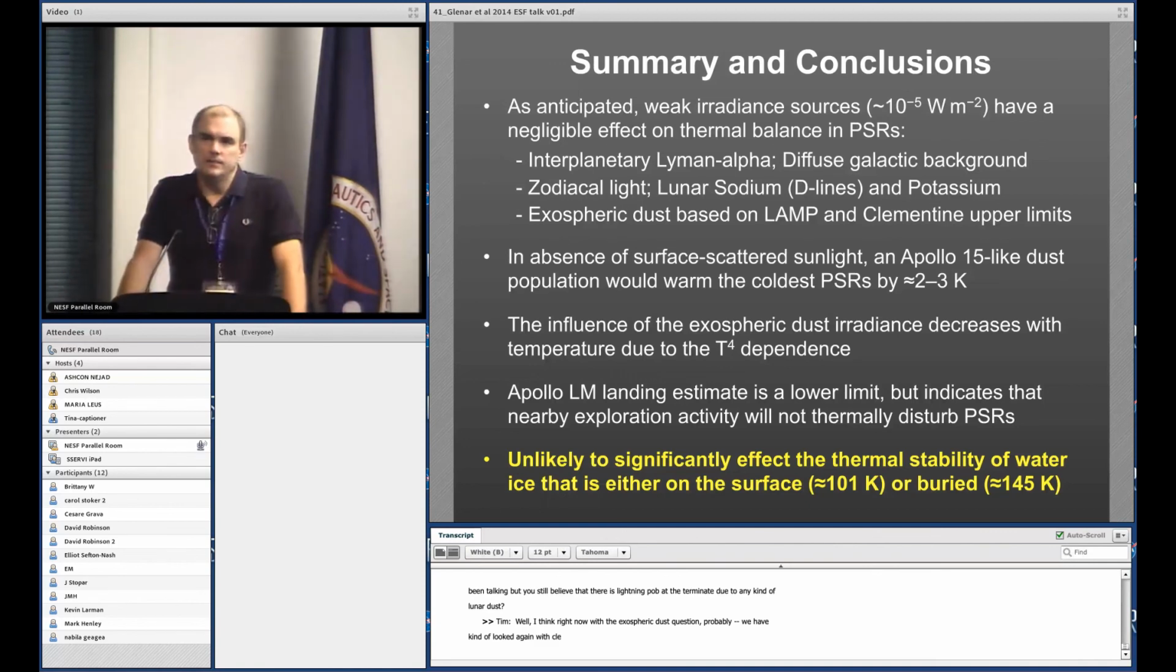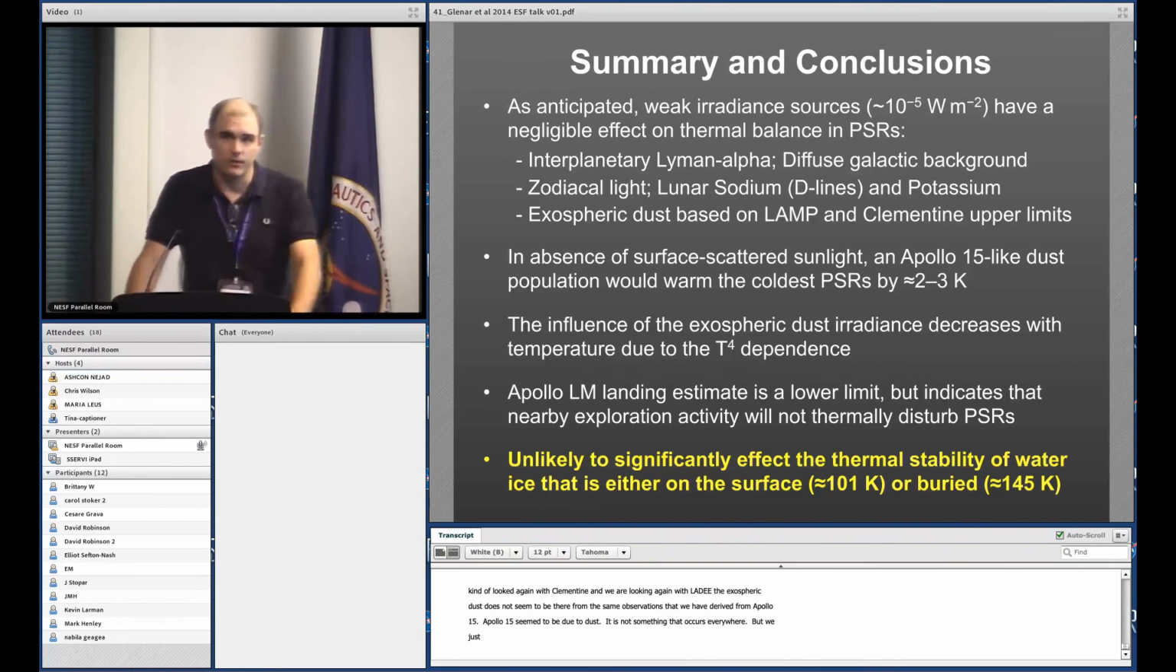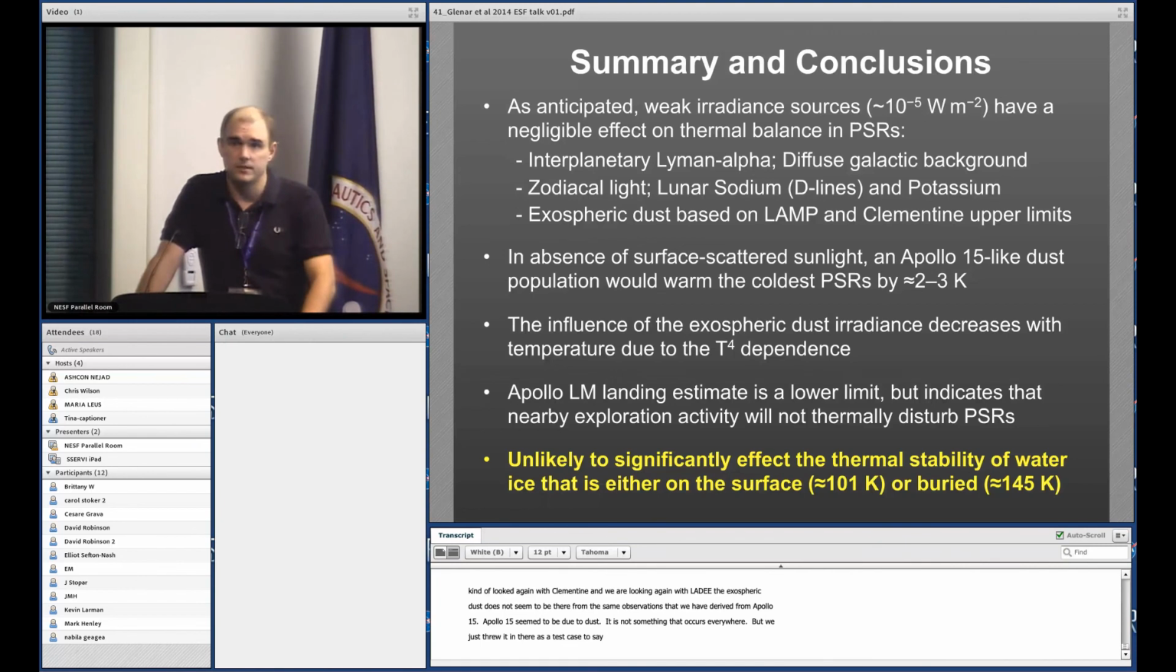Well, I think right now with the exospheric dust question, we've looked again with LRO LAMP and with Clementine, and we're looking again with LADDI, and the exospheric dust doesn't seem to be there in the same abundances as we derived from the Apollo 15 observations. So if the Apollo 15 observations were due to dust, then it seems that it's very much a transient or localized phenomenon. It's not something that occurs all the time everywhere. But we just threw it in there as a test case to see